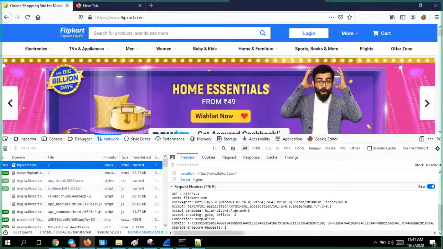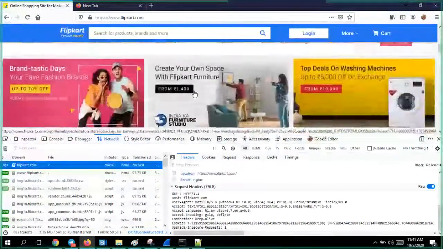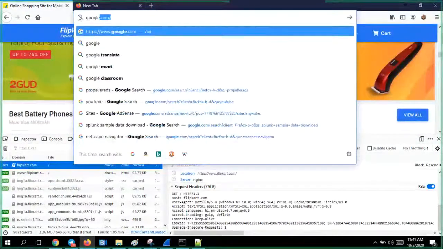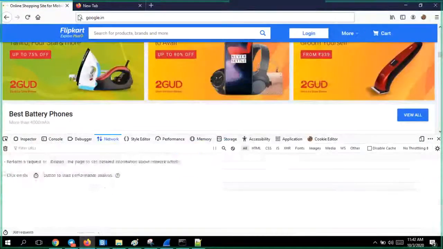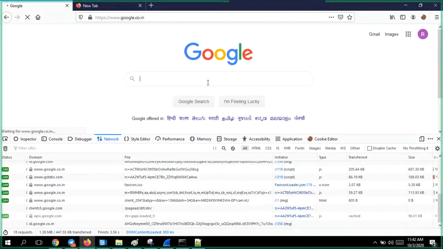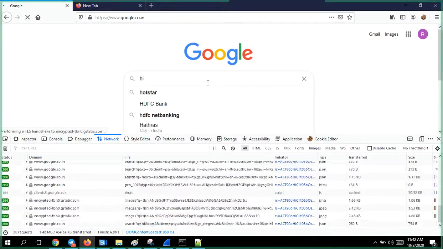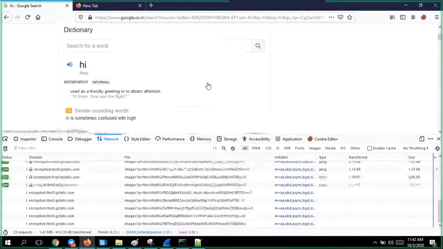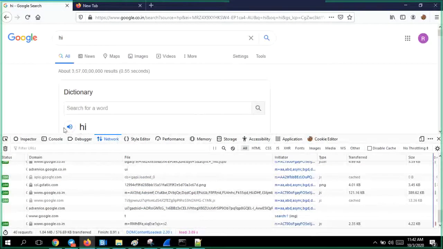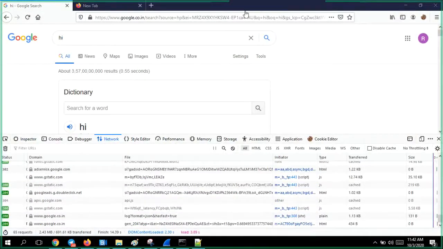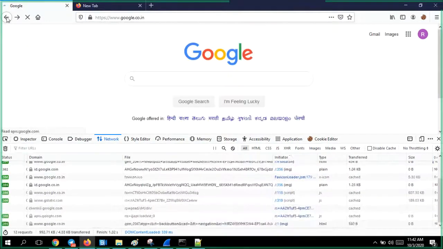So the web server will respond. If I say Google, if you see this Google now, Google.in I'll give. Maybe Google we have to optimize separately, I guess. But I think you got it right. If they have web pages in Hindi, they will immediately send us those Hindi web pages back instead of English. Got it?